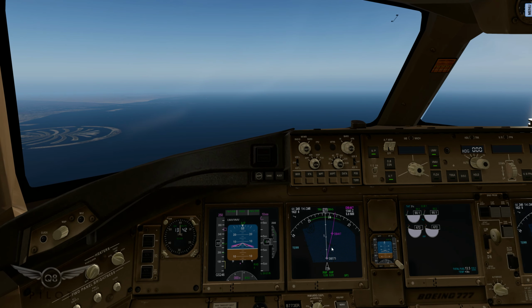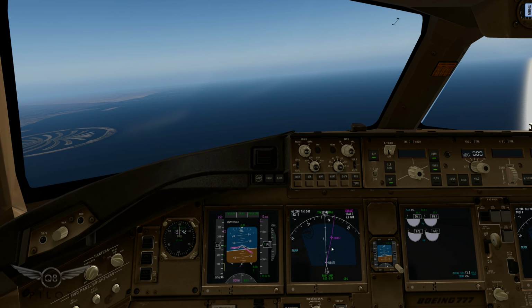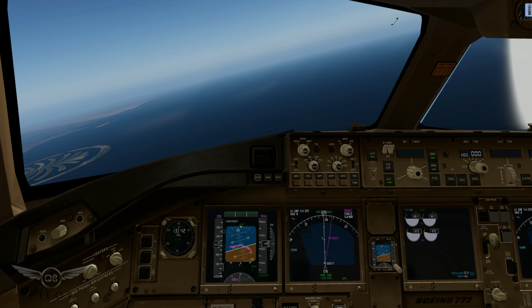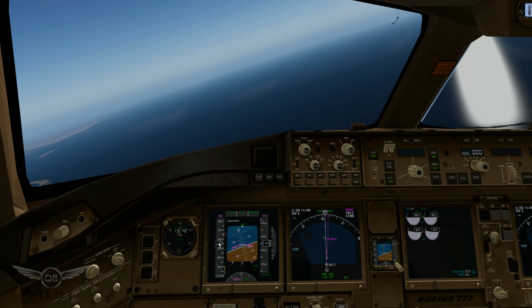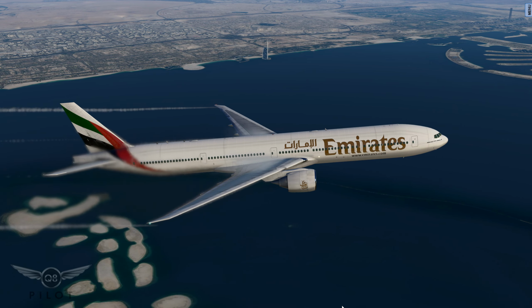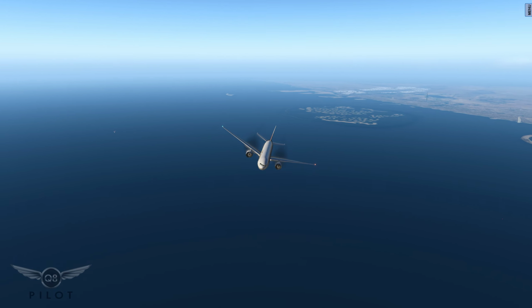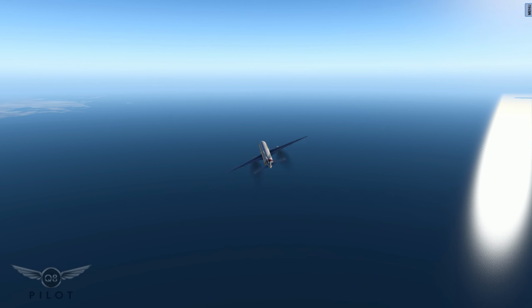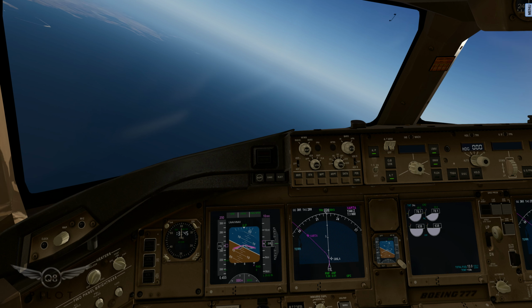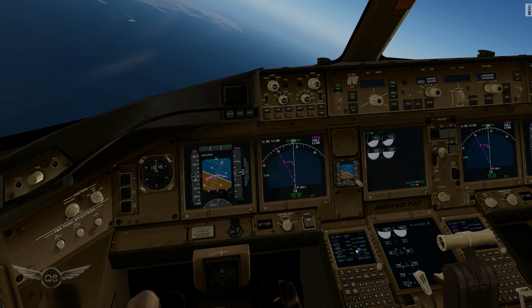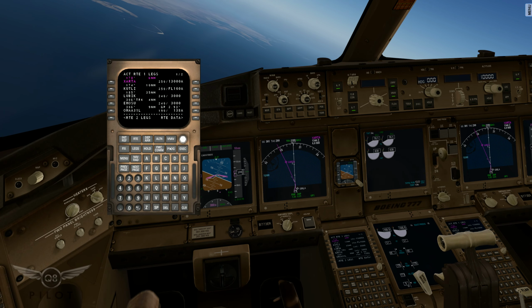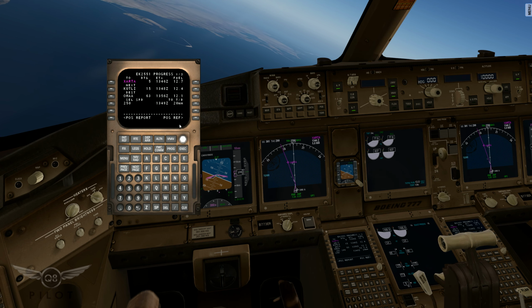So we continue our climb to 10,000 feet, which is our final cruise altitude for this flight. And as you can see now, we're gonna increase our speed to 250 knots. Welcome back, folks. We just leveled off at our final cruise altitude of 10,000 feet, and we are not too far away from the top of descent. So if we go to the FMC and click here, yep, we are about 20 nautical miles from the top